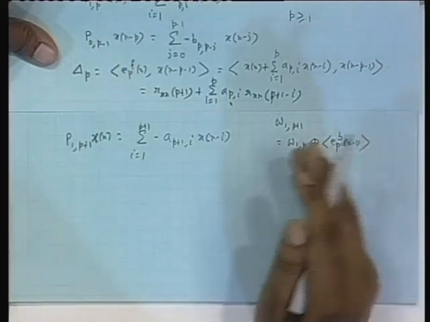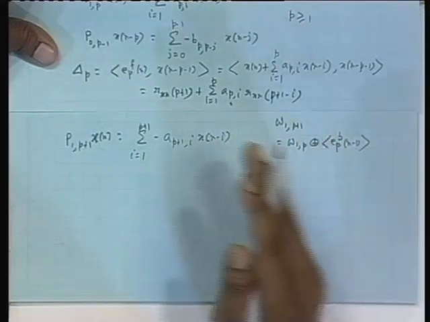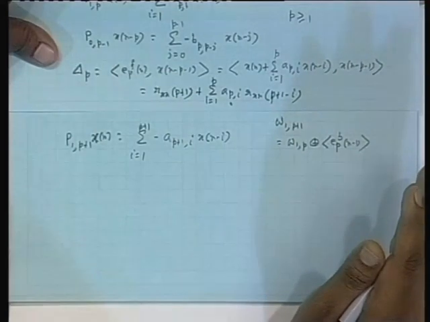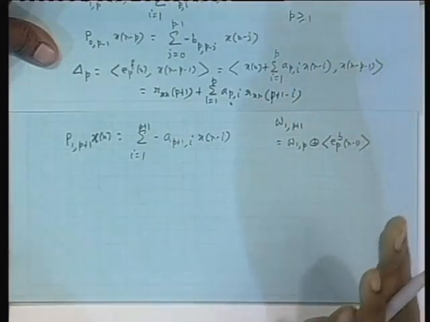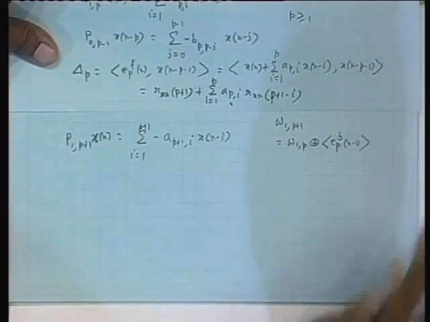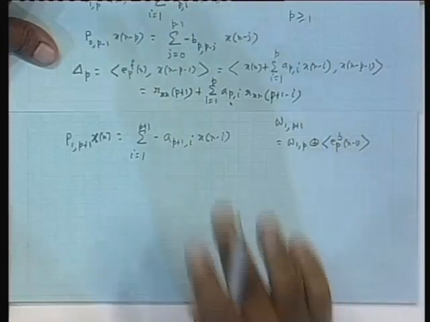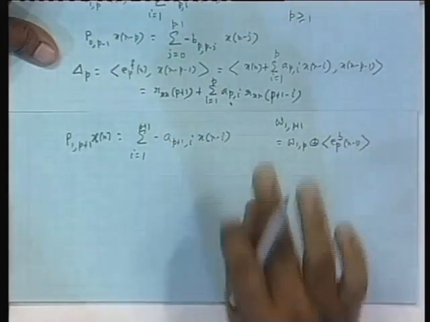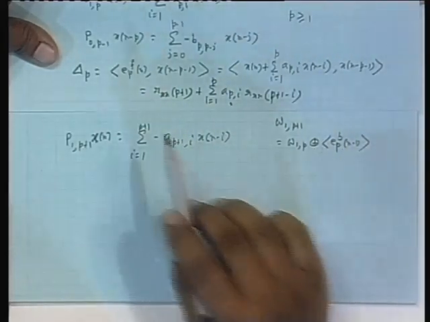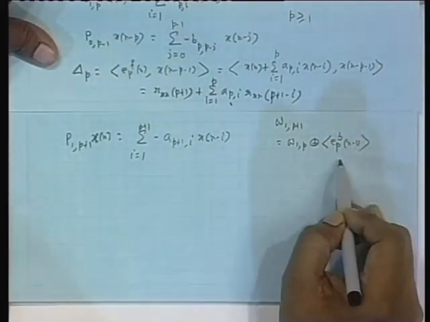This I have been doing for the last 2-3 days. What is the last term? X n minus p minus 1. So, take this out separately. N minus 1 minus p. Call n minus 1 as n prime. So, n prime minus p. Project that on this space. That is same as projection error and take the error. So, that projection error is nothing but pth order backward projection error standing at index n prime, and n prime again is n minus 1.